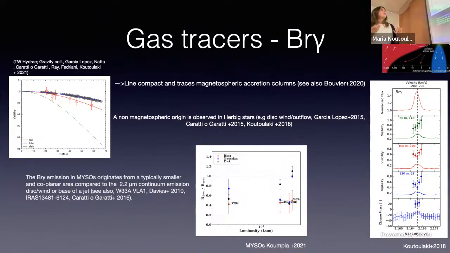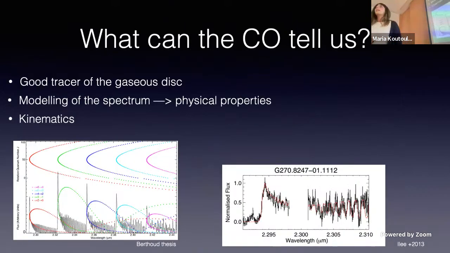accretion. But if we want to really go to a tracer that really traces the disk, an ideal tracer is actually the CO bandhead emission at 2.3 micron. CO is quite abundant, though at 2.3 micron, the CO overtone emission we don't see as often. For example, in the case of T-Tauri stars, I think there might be 2 or 3 detections. In the case of Herbig stars, more intermediate mass stars, we have around 17%. In the case of massive young stars, around 20%. So it's difficult to observe, but when it's observed,